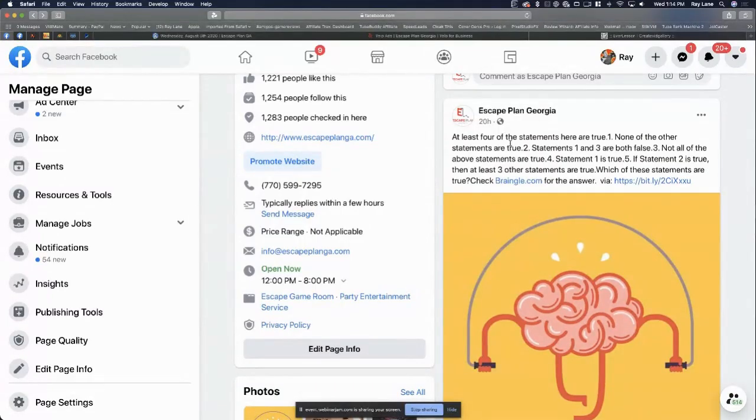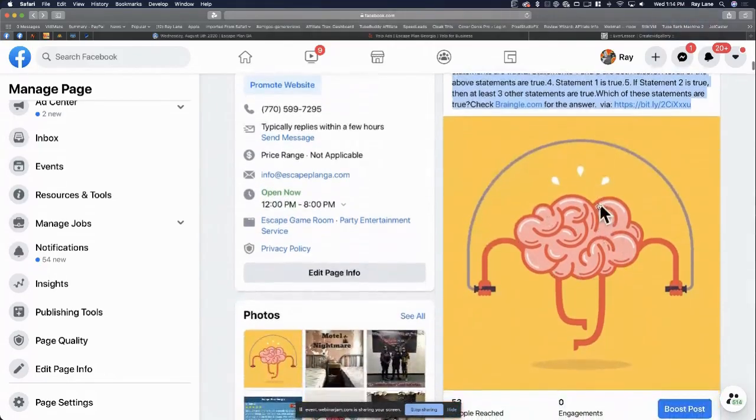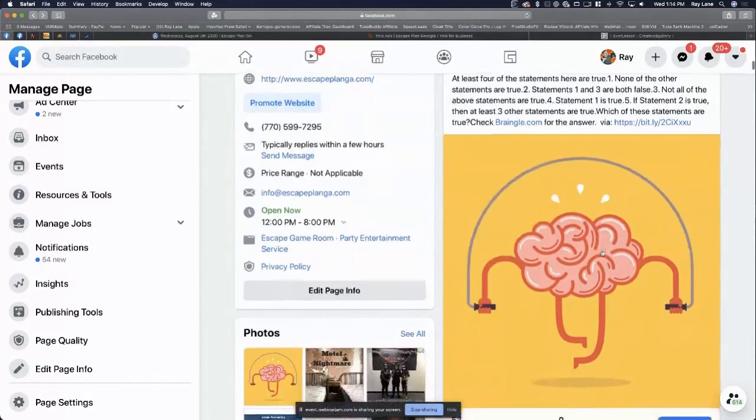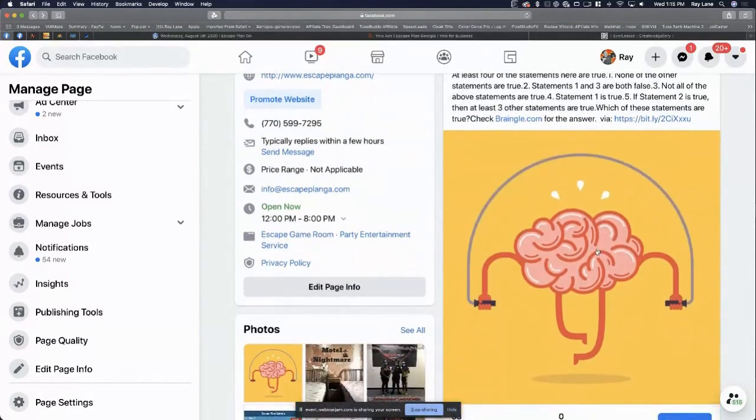But you can see that when it brings that in there, it always puts this image. So even though this one is about which of at least 4 of these statements are true, you have to guess which one's not. So it's a little brain teaser thing, but it always shows the same image. So even if they were talking about two mothers and 2 daughters went to the beach, it's still going to show this brain thing. So what I need to do is take a day, not be lazy, gather the content myself, and really make a calendar that I can then plug into Bright Social to get it to drip feed